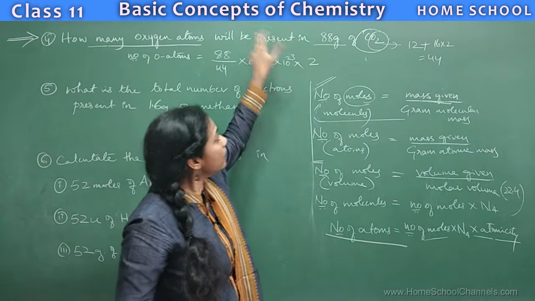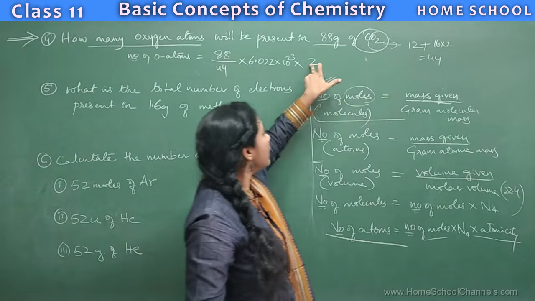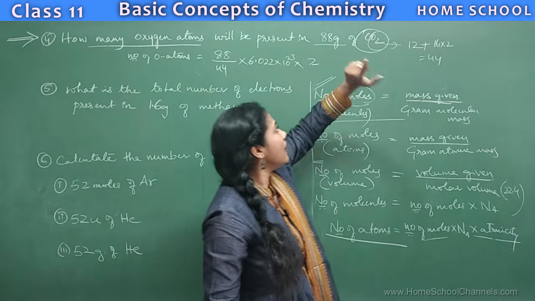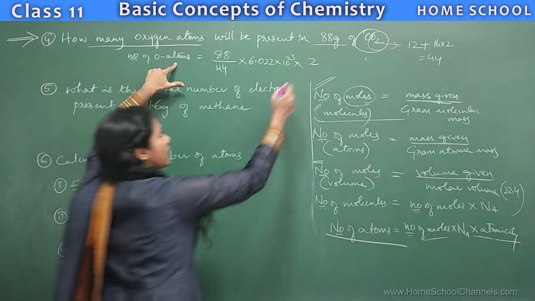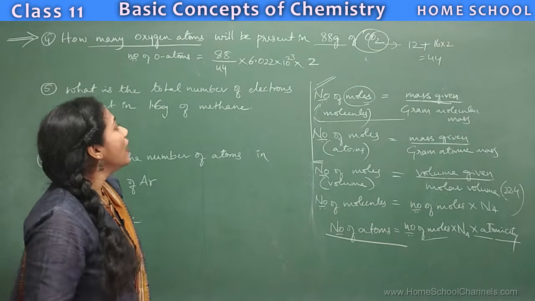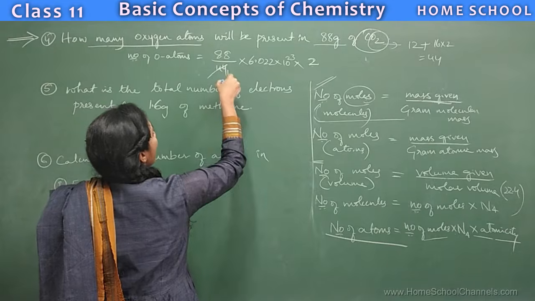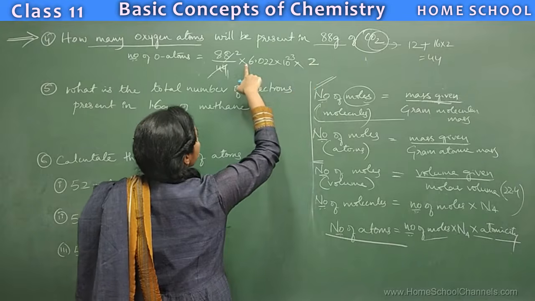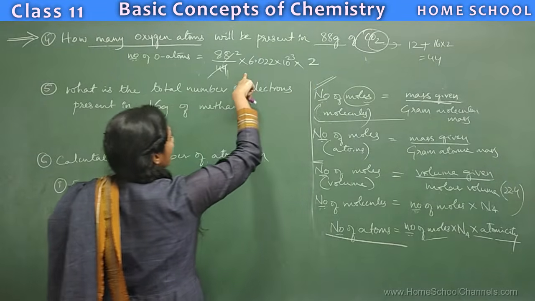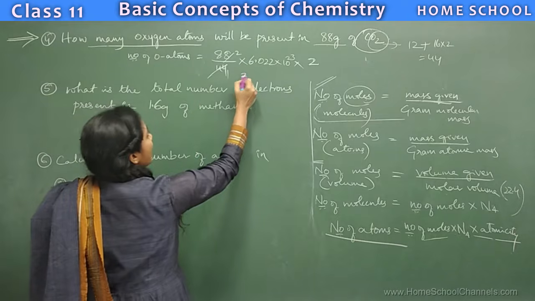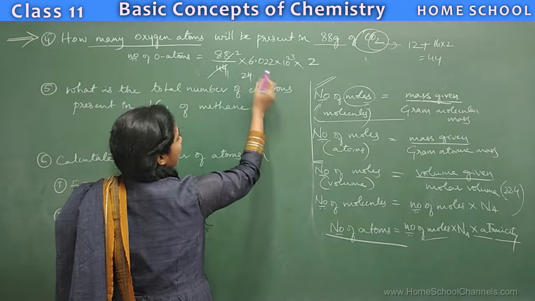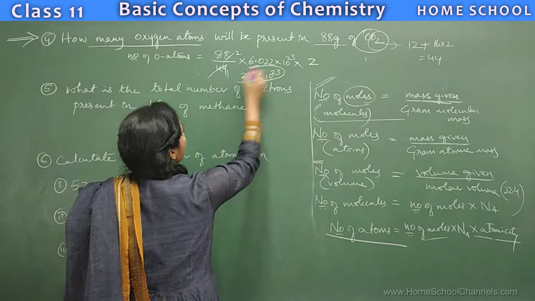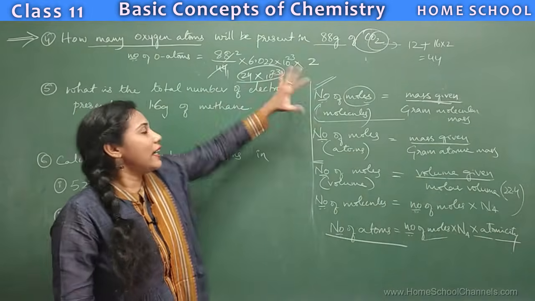If they would have asked you how many carbon atoms are there, then what would you substitute here? 1 you will substitute, because the number of carbon atoms in one formula is 1. But they are asking the number of oxygen atoms. So atomicity is 2. So how would you calculate? It is 1s, 2s, right? So it would be 2 into 2, 4. So 6.0 into 4, 4 6, how much? So your answer would be something like 24 point something, right? So I would just write the main digit, 24 into 10 power 23. 24 point something you will get. So the round figure I have written there.